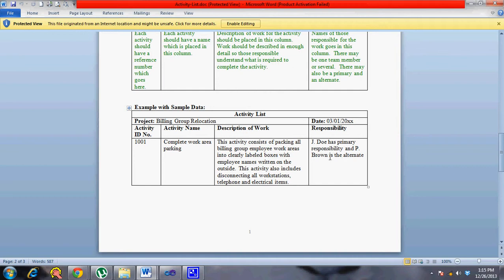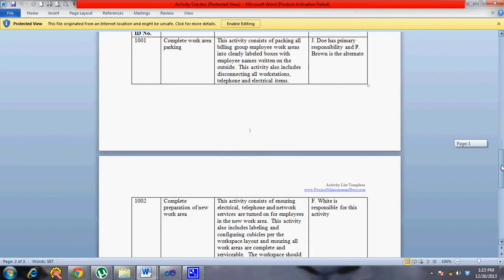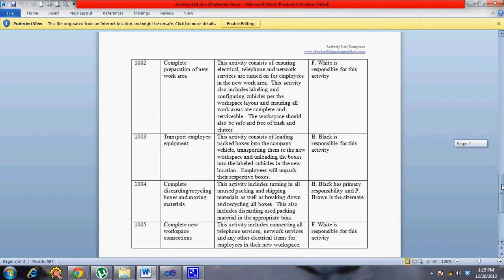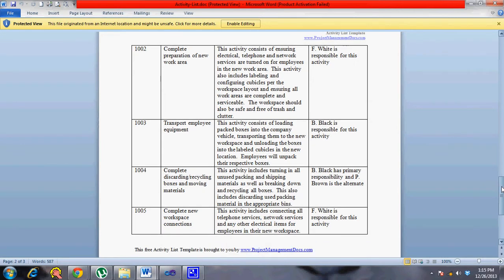Then you have responsibility, who is assigned to do this activity. So you see here a specific activity list which is more about moving a workstation from location A to location B. So this can be outsourced to somebody who's doing all this moving of computers from one place to another.